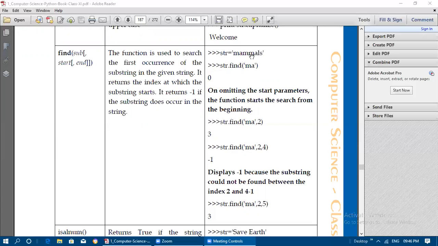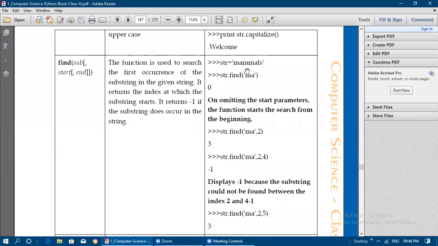Here it is occurring at 0 1 2 3, index 3, so it is returning 3. The starting value you mentioned here is 2, so if you consider from 2 in MALS, MA is occurring at the third index.